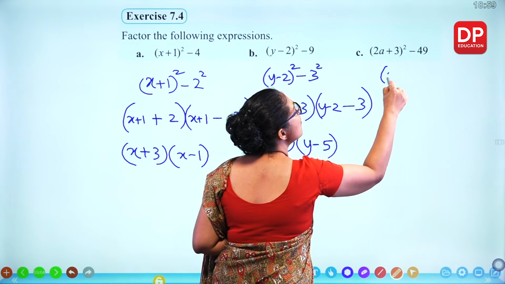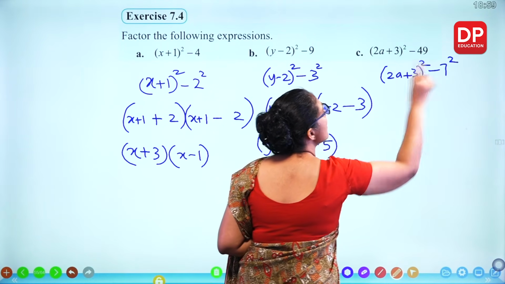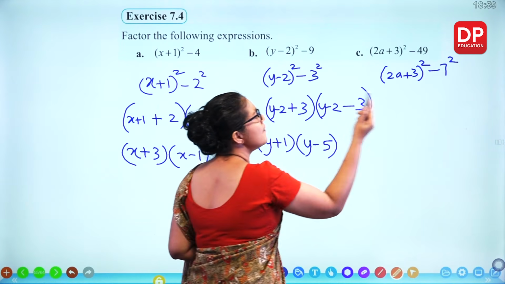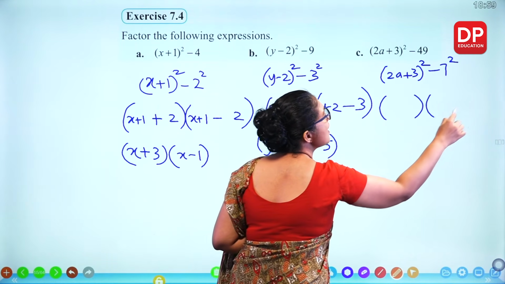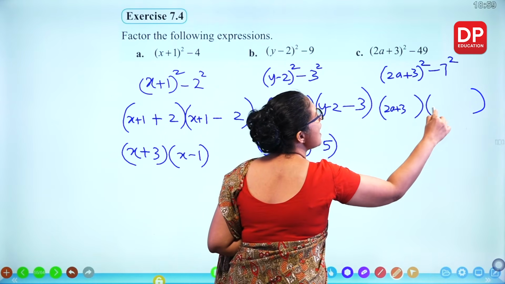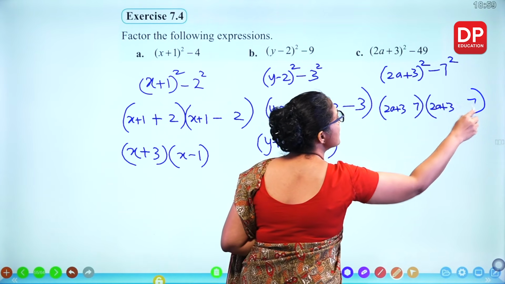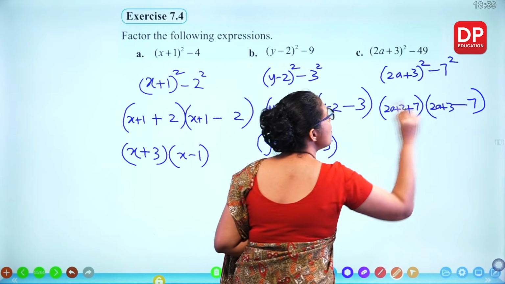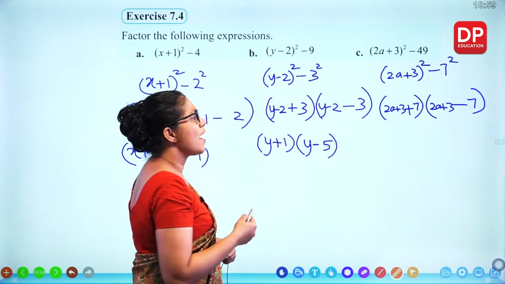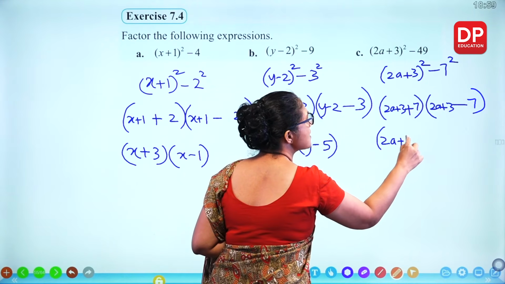So here, the first thing you write down is the square term. I can write 7 squared. Then you can straight away apply the formula. 2a plus 3 as the first term. Last term is 7. One is positive, one is negative. Now try to simplify. So you get 2a plus 10,